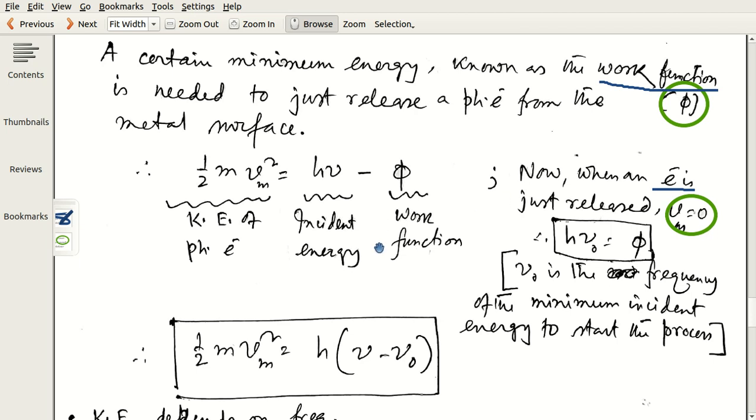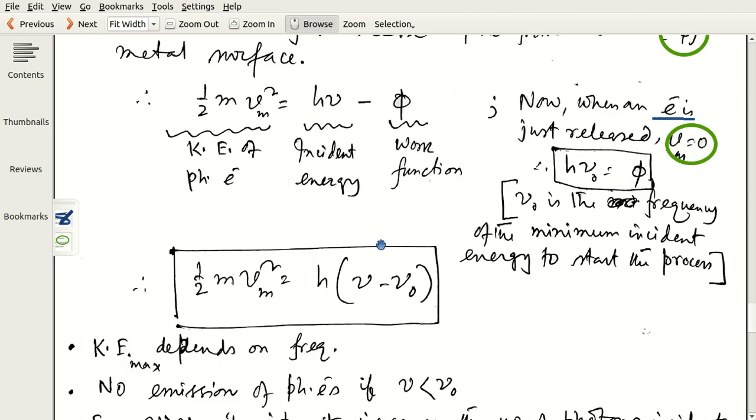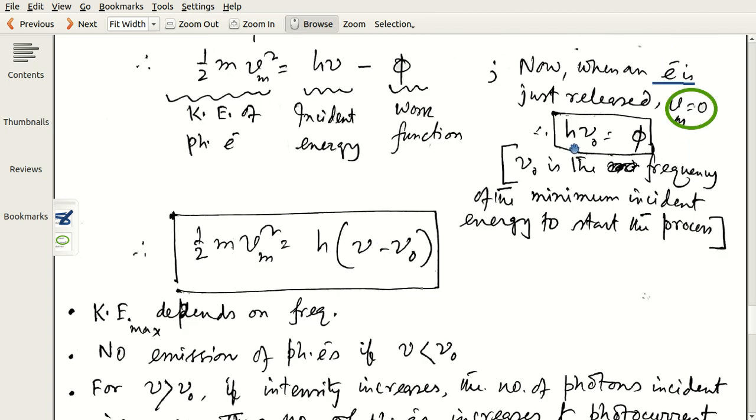They are just released, but they do not move. So you write h nu 0 equal to phi, by setting 0 here and writing nu 0. So your relation is that half mv square is h into nu minus nu naught,